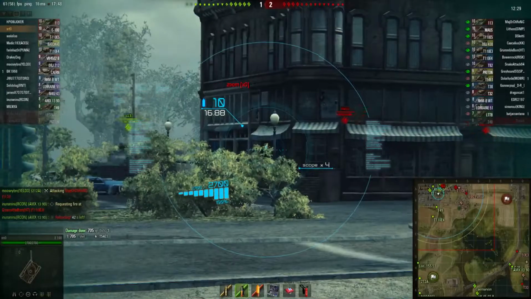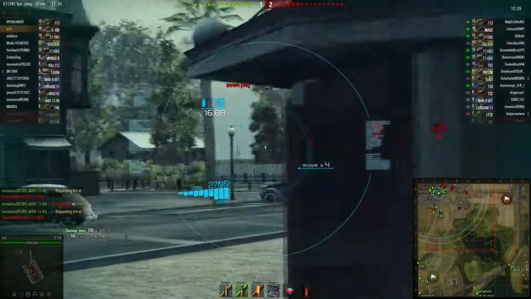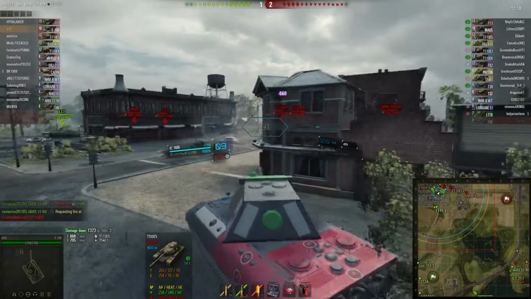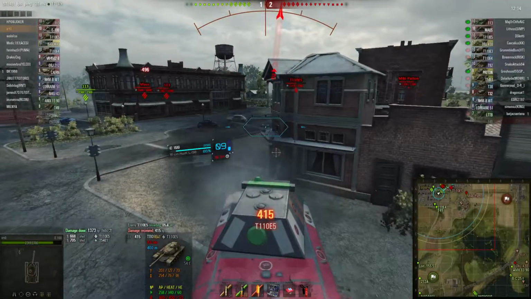So here's 113, and he's in a good position. He's gonna be basically trolling the Mouse and the enemy 113 in that spot most of the game. Here's an E5. I have a HEAT loaded. Clean shot at the lower front plate, and I'm sure he didn't like that, but I took a shot back from him because